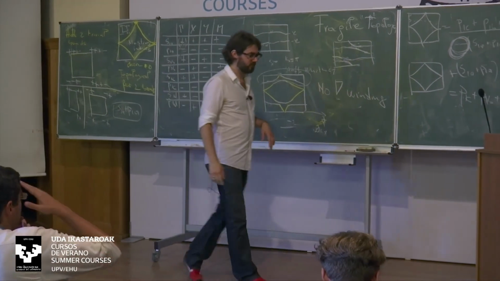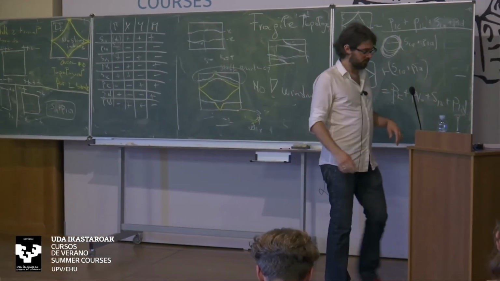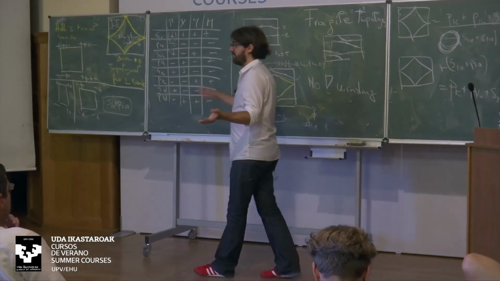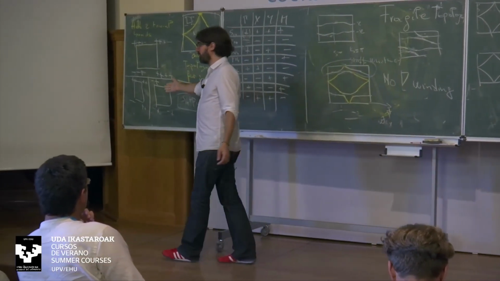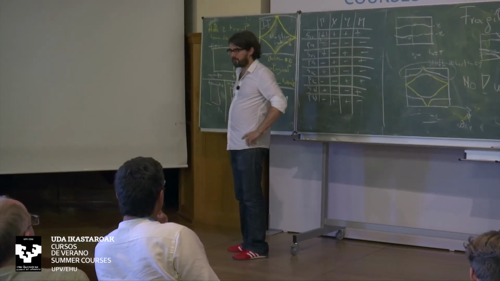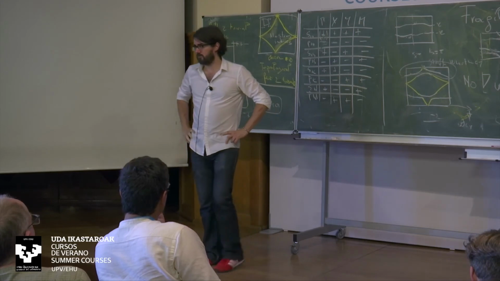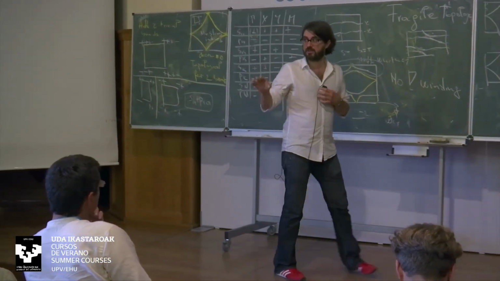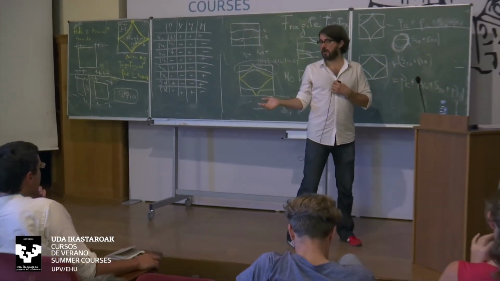Do you think if you have a disorder that on average breaks the rotational symmetry? Yeah, if you have a disorder that on average breaks the rotational symmetry, a lot of this stuff is gone. If you have a disorder that on average breaks inversion symmetry, a lot of the stuff is gone. Is all of this stuff gone? The Chern number is not. Right, but most of the rest is. If it breaks on average, if it doesn't break it on average,